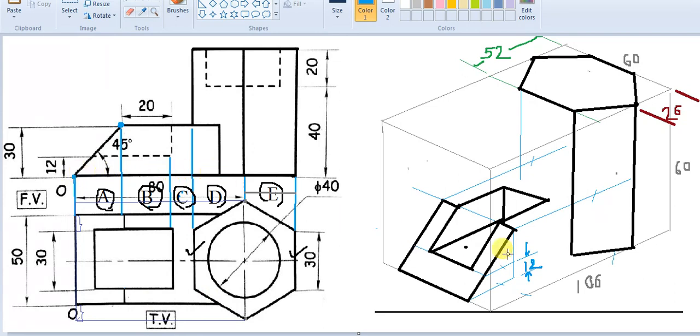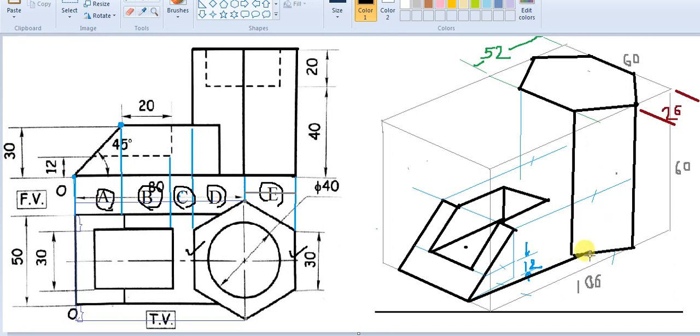Hence we will draw another line right from this point which will go and meet the inclined surface. It may meet it somewhere here, and then we can see there is a sharp vertical edge which is of height 30 mm.